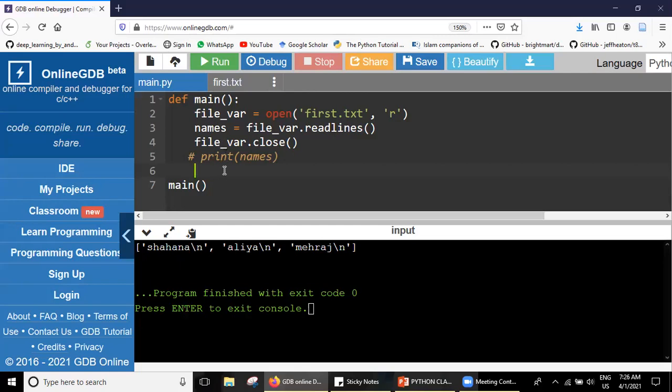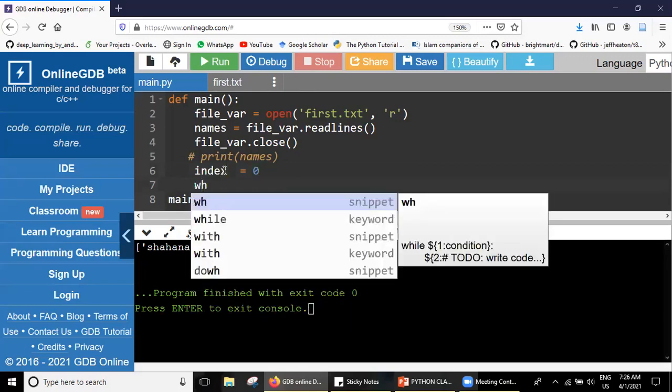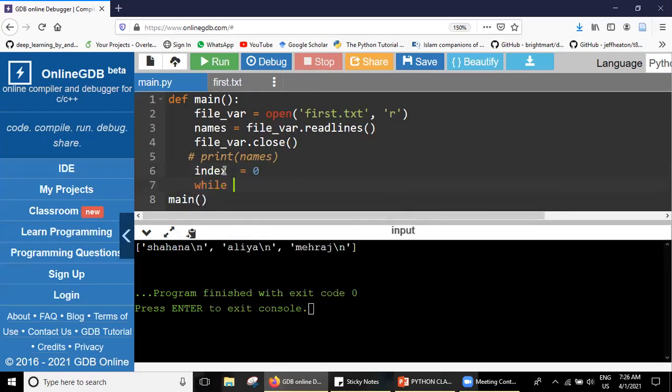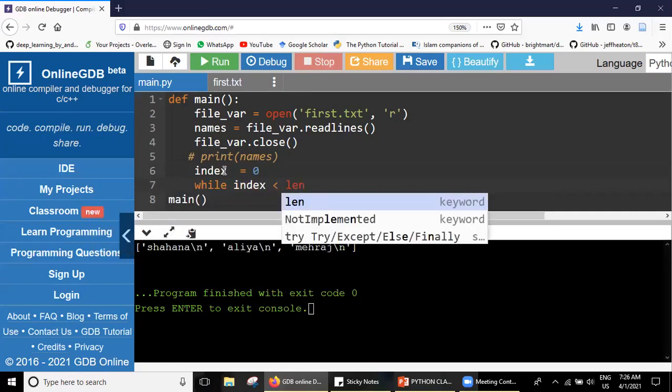Then we'll go by initializing some index. Of course, our index will start from 0 always. Then we'll say, okay, our index has to run from where to where? Index has to run from 0 until the length, right? Length of what?